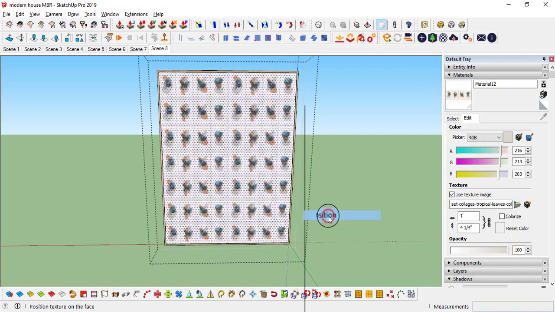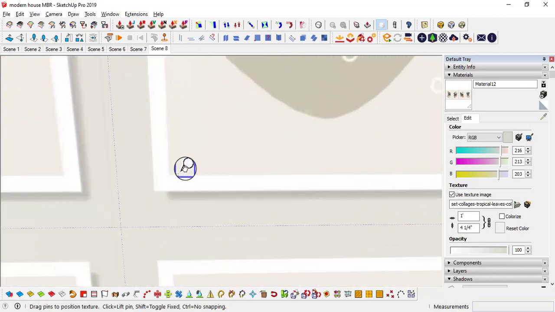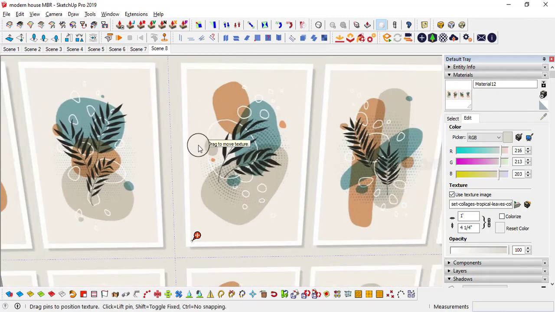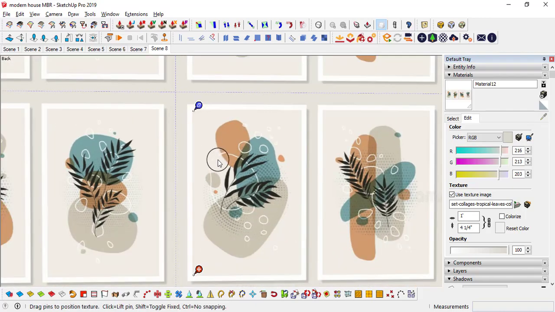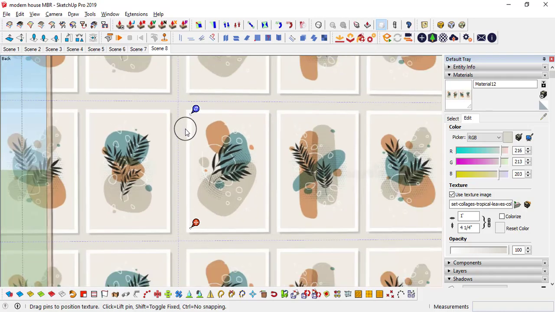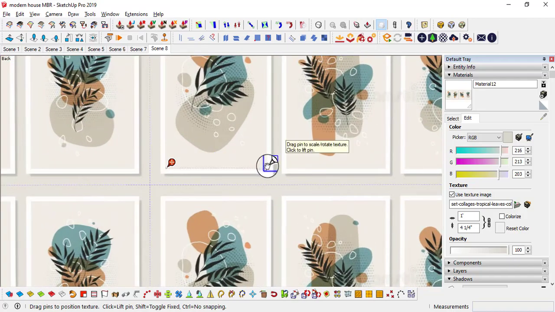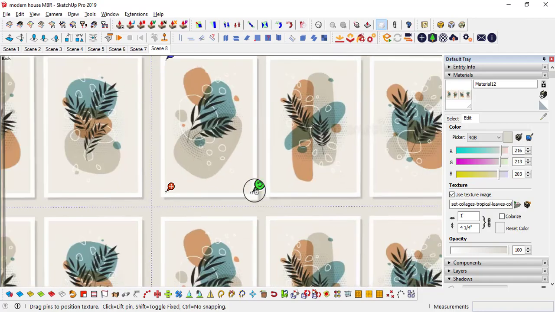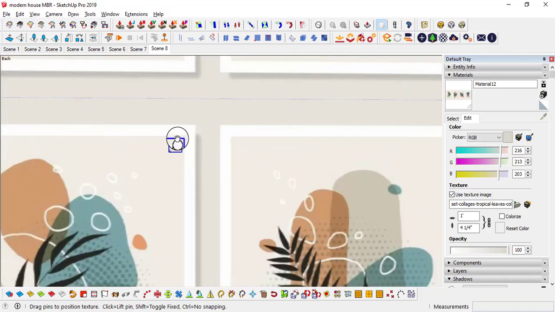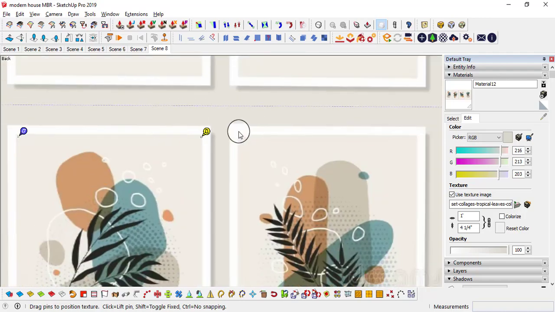Right click, texture, position. Give it size increase. I will place it over here and match these. See, you can see this blue color trace line. You need to turn on your video quality a little bit higher to see this blue color indication lines. And here up to this one. Okay, by tracing, then click it, and next this one to here, trace these both blue lines. Yes, somewhere over here like this.